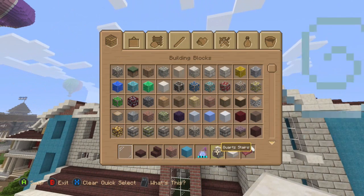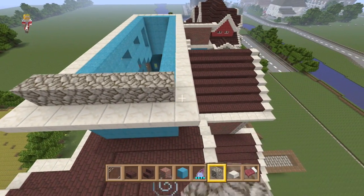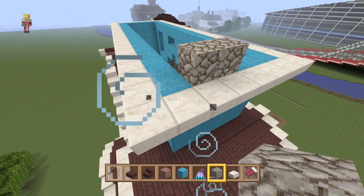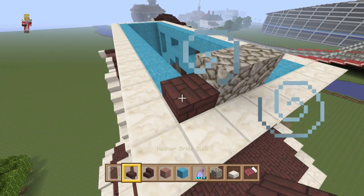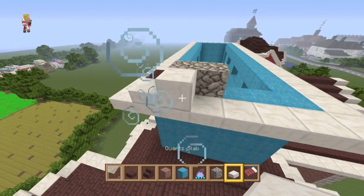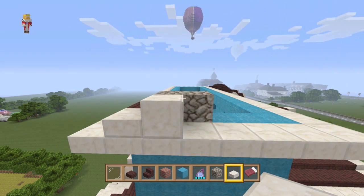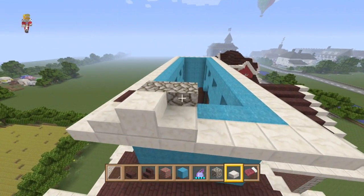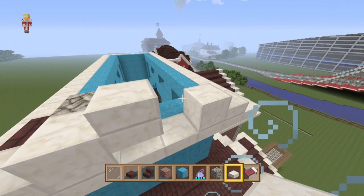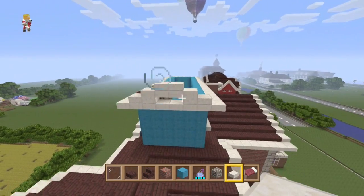No, it's smooth stone, isn't it, in this texture pack? It looks like cobblestone in the default texture pack. But in this texture pack, stone looks like normal. Wait a minute. That's going to be... There. There. There. There. There. There. It's not a very big peak, is it? But...